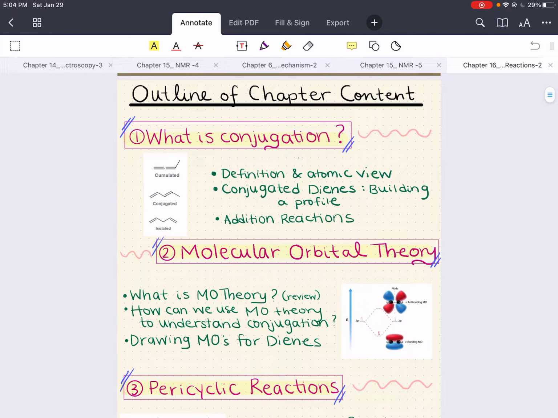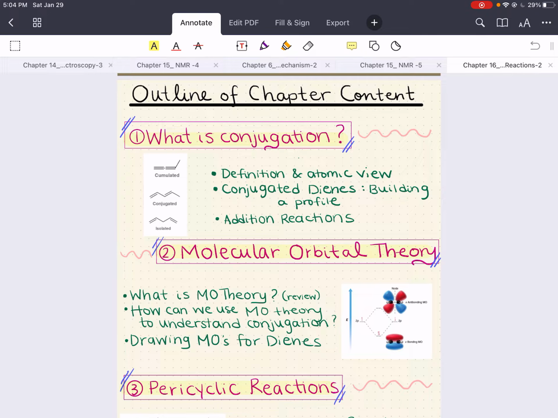In this chapter, we're going to be discussing three big ideas. And these three topics are conjugation, molecular orbital theory, and pericyclic reactions. We're going to start off talking about conjugation. We're going to define this term, and from this definition, have a new class of molecules that we can talk